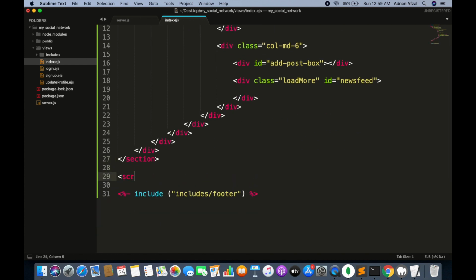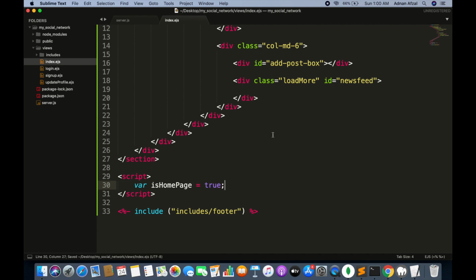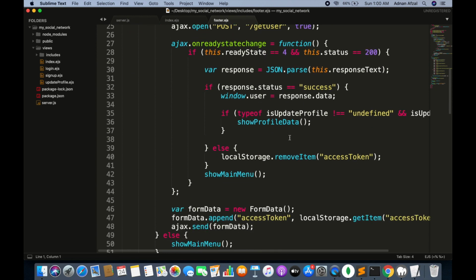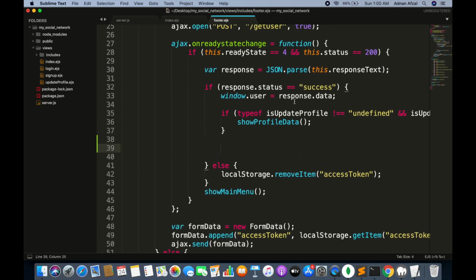In JavaScript, create a variable isHomepage that will identify that I am in homepage. In footer.ejs, set a condition on this variable and call a function.